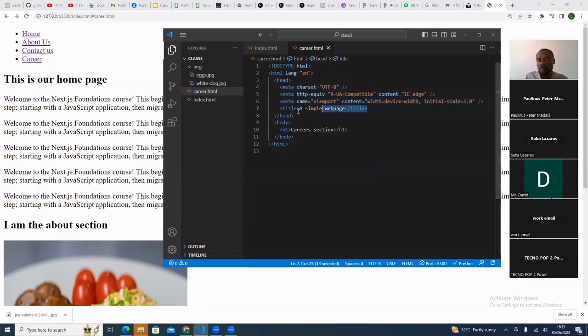So all we looked at was the title for now in the head section. We didn't look at this meta and the rest of them. We will look at them, don't worry. Before we finish this HTML class, at least we will know why we need them and what they are doing there. Okay, so this is a head and this is